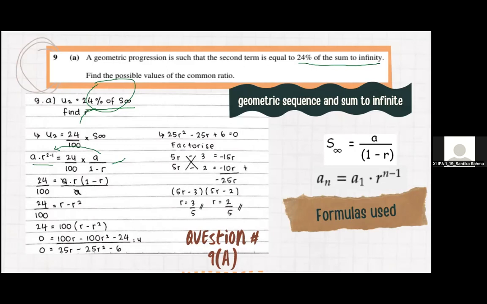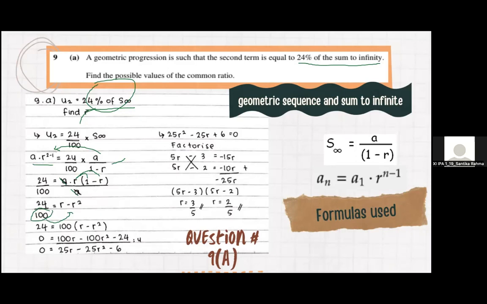And so we can cross out the a's because it'll be equal to 1. And we multiply r with 1 and also r with minus r, and it'll be equal to r minus r squared. After we get 24 over 100 equals r minus r squared, we move the 100 towards the r minus r squared